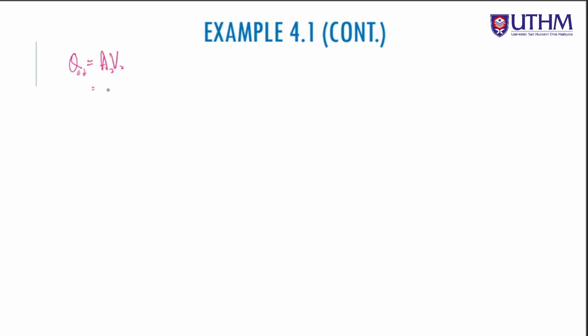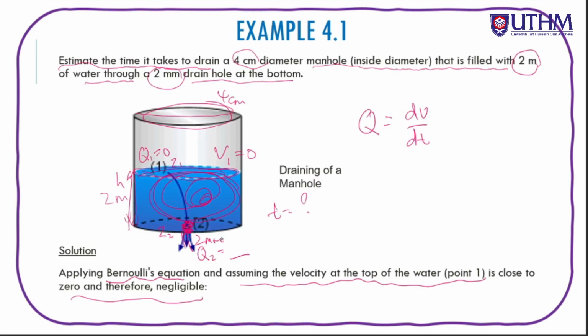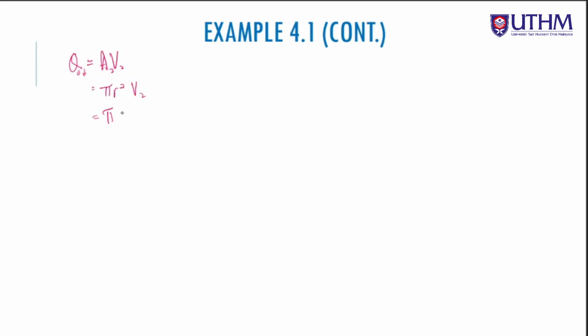Okay, kita guna pi r square times V2, di mana untuk case ni diberi diameter dia equals to 2mm, kan? So tapi kat sini radius, so tak apa. Since dia adalah milimeter, kita kena darab 2 kali 10 kuasa negatif 3 divided by 2, sebab kita nak radius squared V2. And then this will give